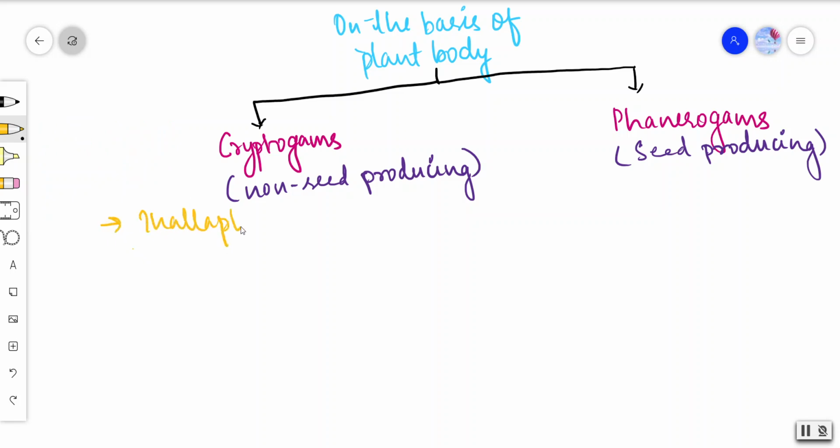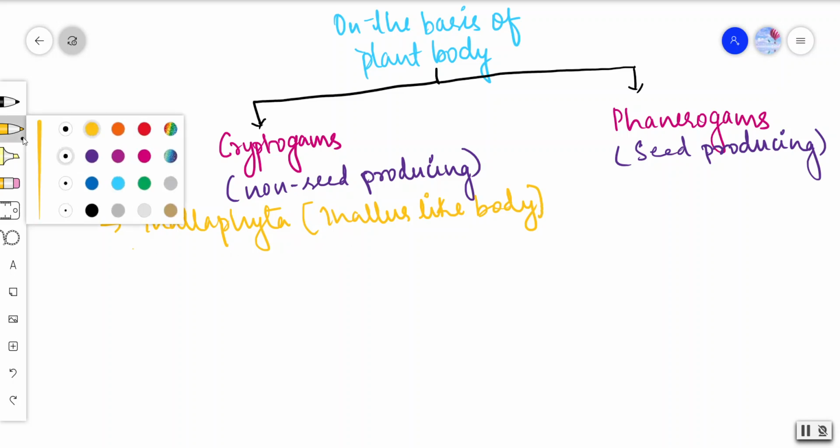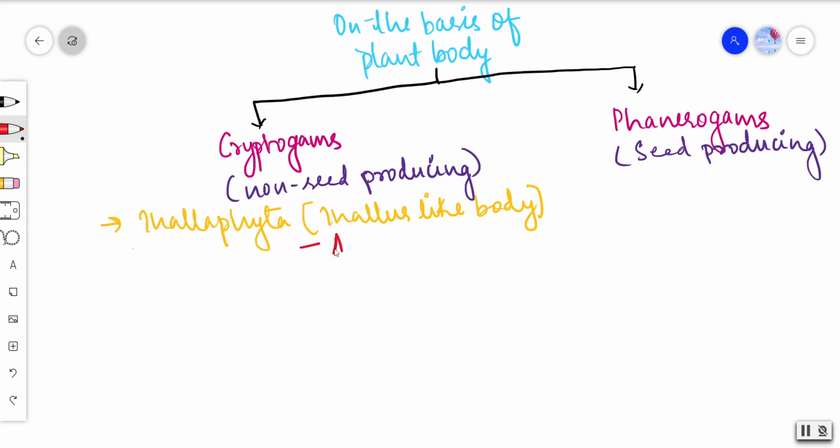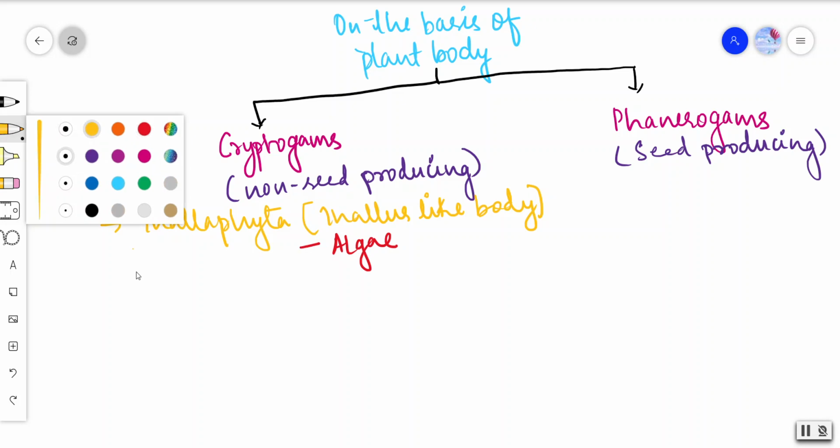Thallophyta, which has a thallus-like body, which does not have a differentiated body. Like they do not have differentiated stems, leaves, roots. So thallus-like. An example is algae. Another one is